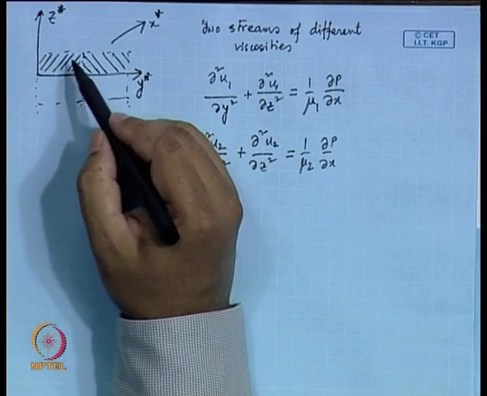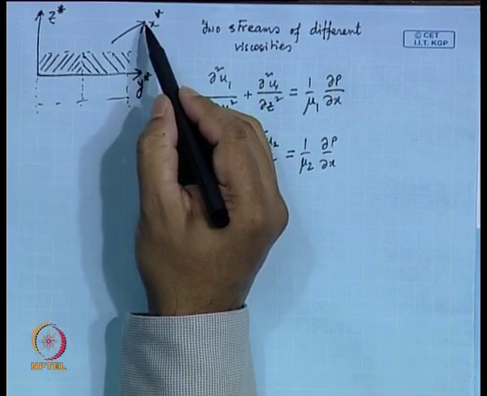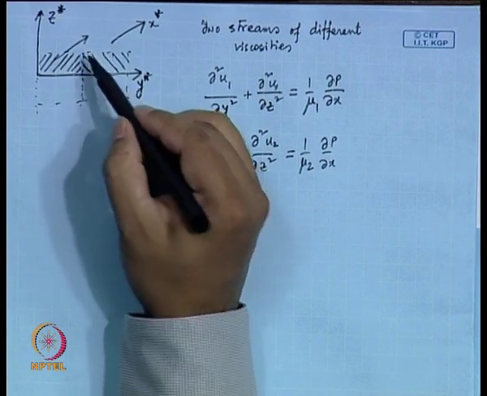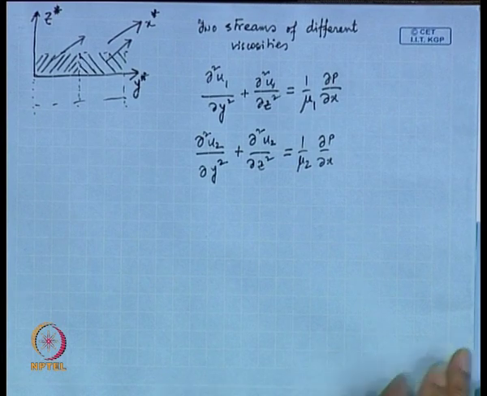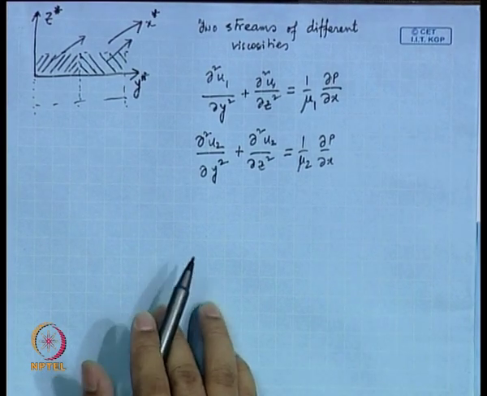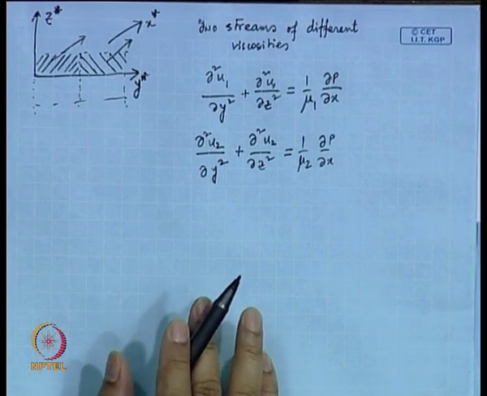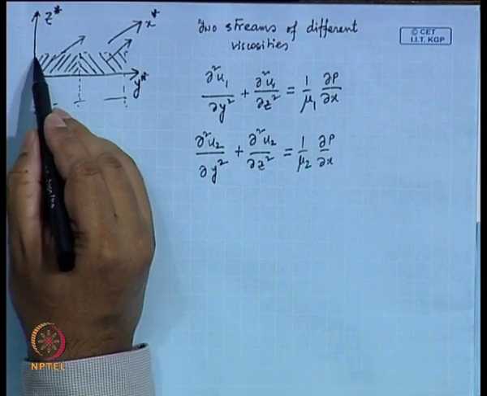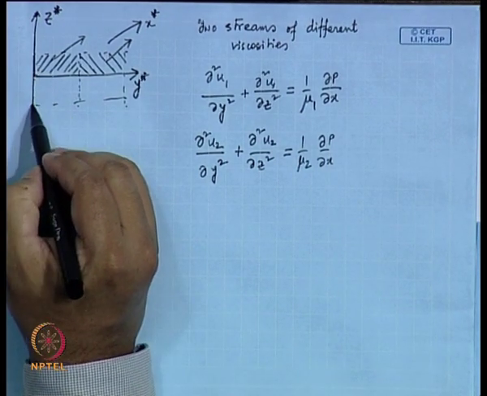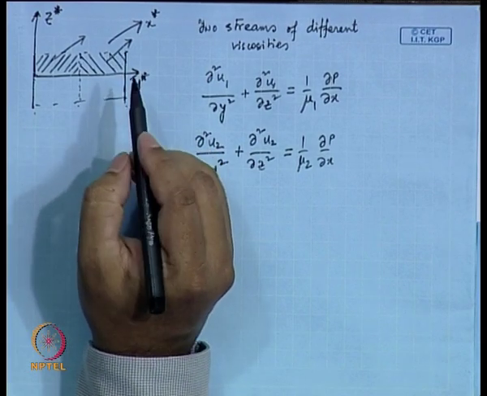Earlier we had taken only one u that is flowing in the x direction. Now, we have one, this u 1, and another, this u 2, all right. So, you need to write these two. There will be two governing equations, and then you will have boundary conditions. Now, the boundary conditions that you had earlier, that means at this wall there would be no slip, velocity is equal to 0,